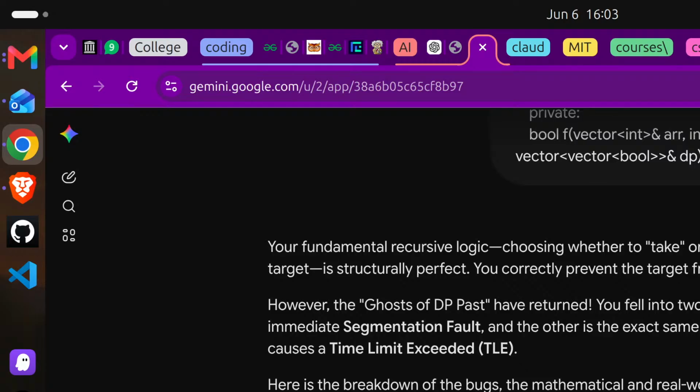So sum, yes, sum minus i, it is the target, right? This was the difference, and